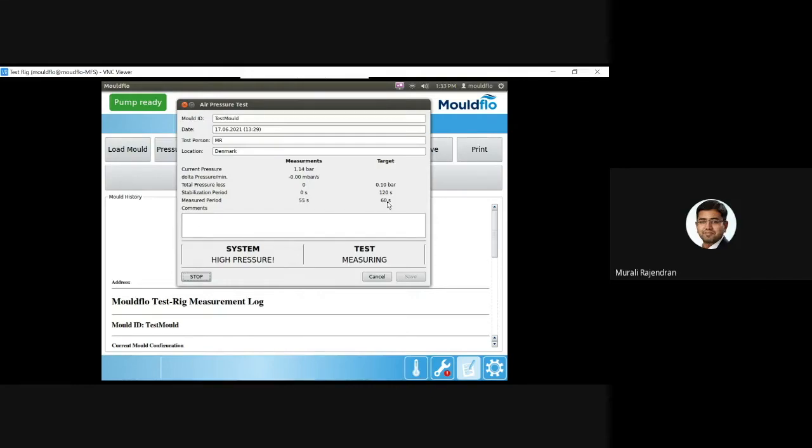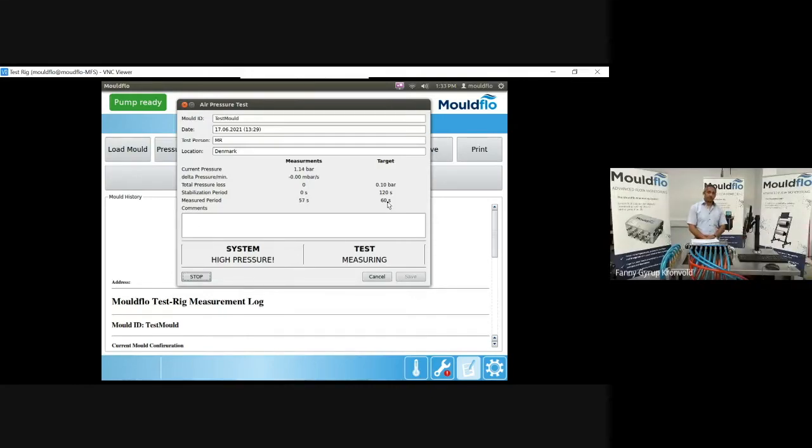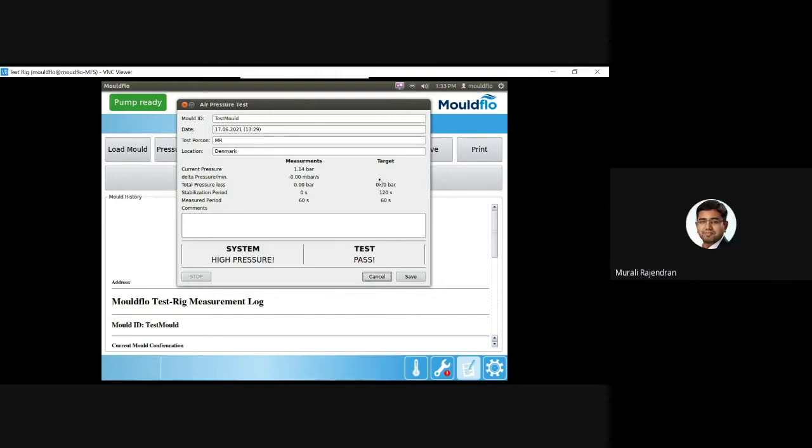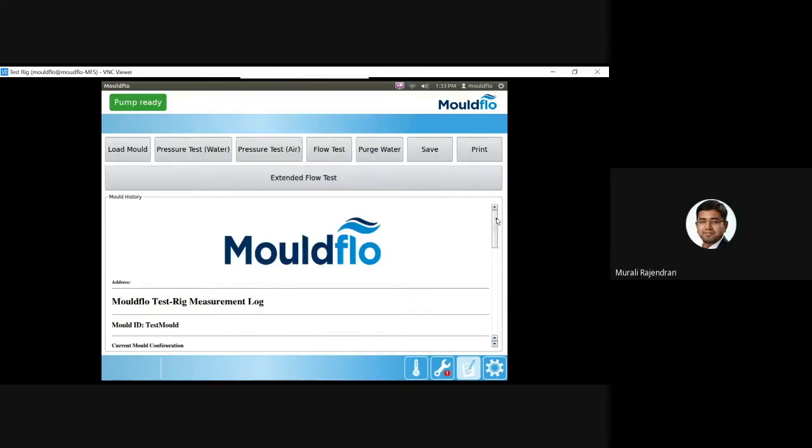Exactly. So right now, the pressure test is being commenced, and now it's finalized. The total pressure loss is zero, because the accommodated pressure loss is zero point 0.1 bar, which is not there, and then it's a pass. So we just save the results, and then we can see,